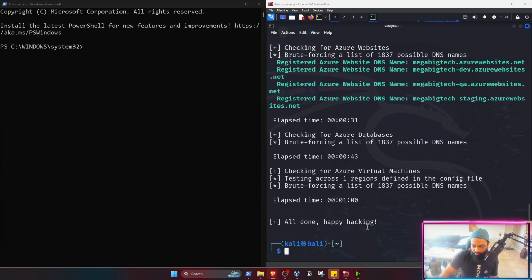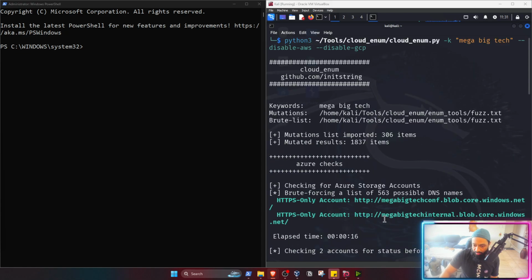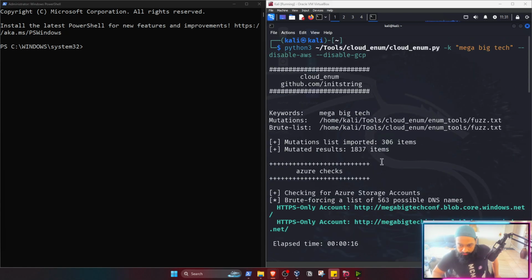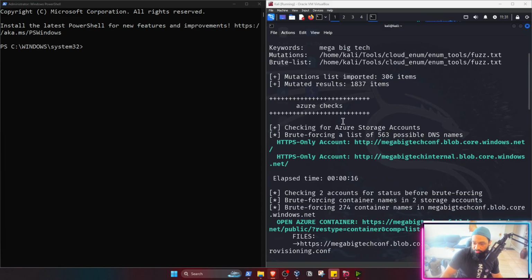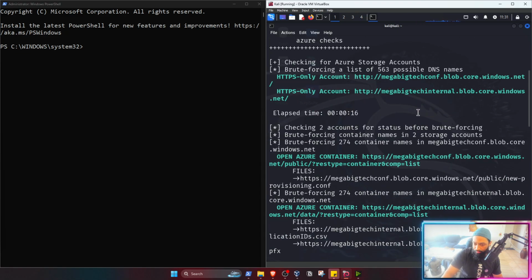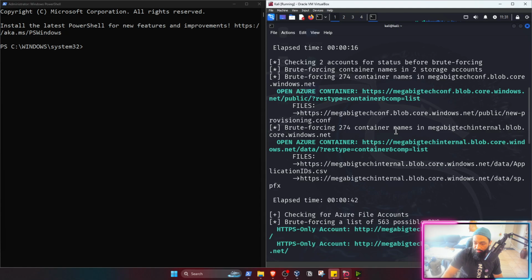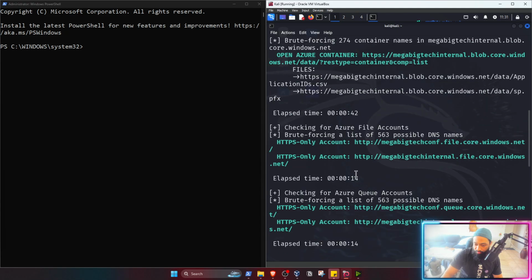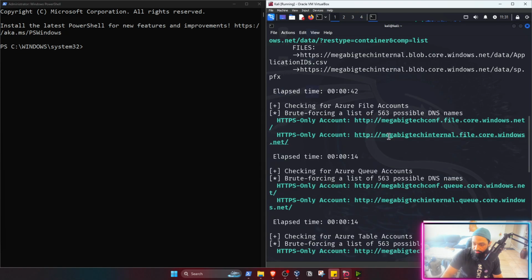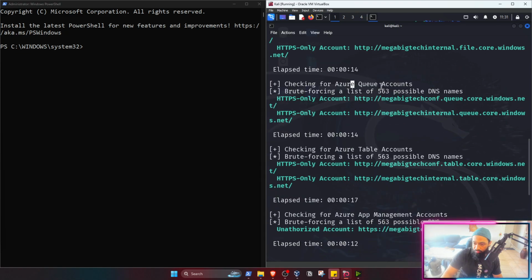So it's still not okay. Now it's done. And let's scroll up and take a look at what it found. So we find storage accounts, megabigtechconfig.blob.core. We find an open Azure container and another container, and we find some Azure file accounts here, some queue accounts, some Azure table accounts,